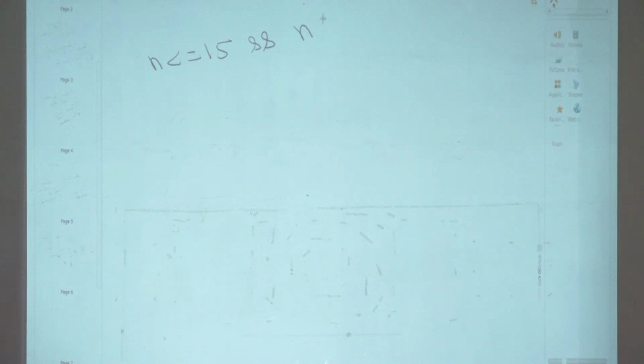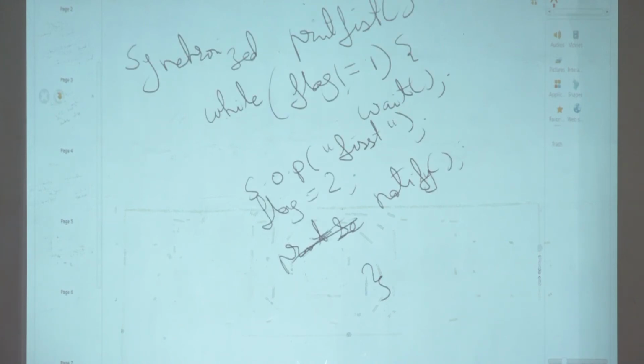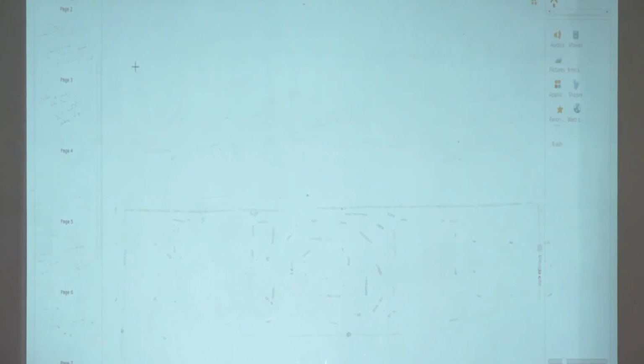We'll write this an easier way: n modulo 3 equal 0, okay, while, right? Sorry, while n less than or equal to 15 and,